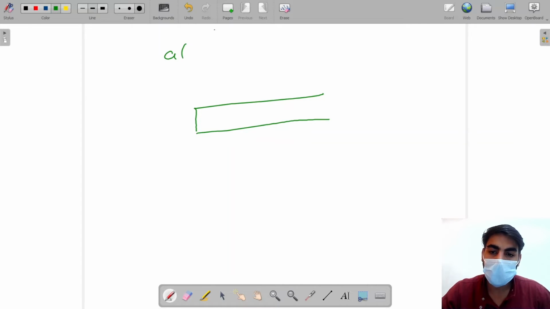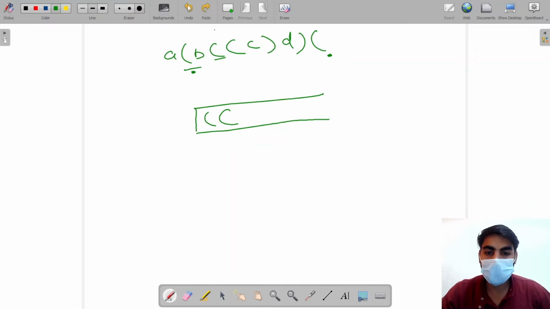Like I have the array A bracket B bracket C D bracket. Okay. Now what we are doing, when we have an opening bracket, we are adding it in the stack, then adding this. When we have a closing bracket, we are removing from the stack, then again one we are removing from the stack, then again opening we are adding in this one. So these are the two brackets which make them invalid. These are complete pairs: opening 1, closing 1, opening 2, closing 2, and these are invalid. So we find out these are two which we have to remove